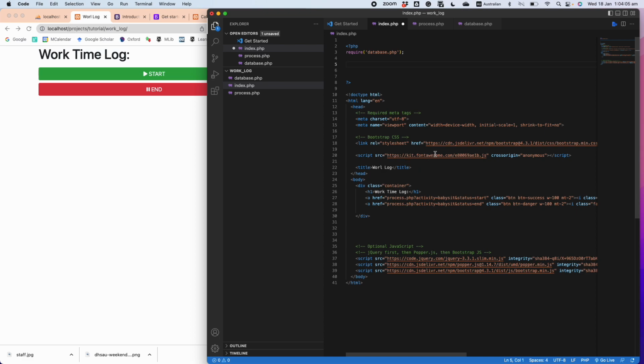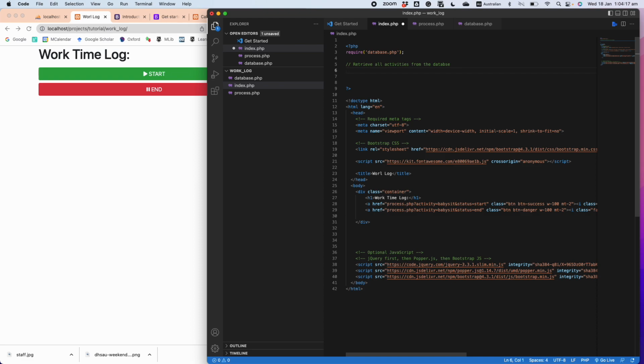Retrieve all activities from the database. So, retrieve from... Now what you can do, we say retrieve PDO, prepare, and then we say select everything from time div, where activities